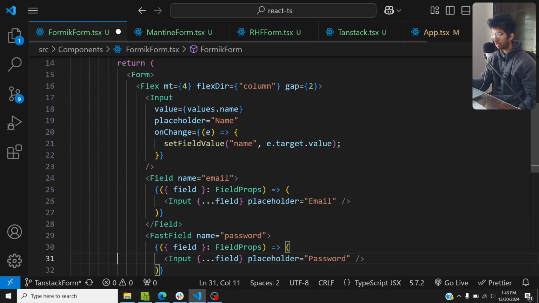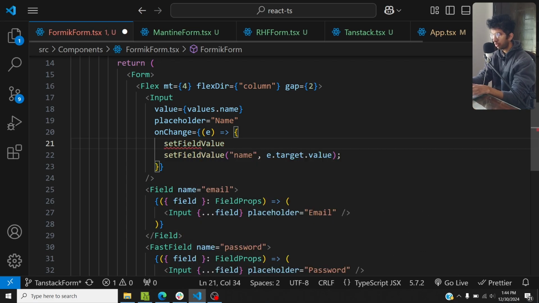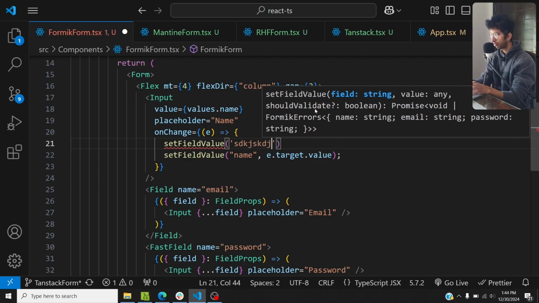So I've got another function here, set field value, and this is basically supposed to set the value for a particular field. So in this case, the name field, let's say. So if I type set field value and then basically add a string here, I'll basically get no IntelliSense for TypeScript, and it says that the field should be string, but it should basically not allow me to type any field key here which is not name, email, or password,